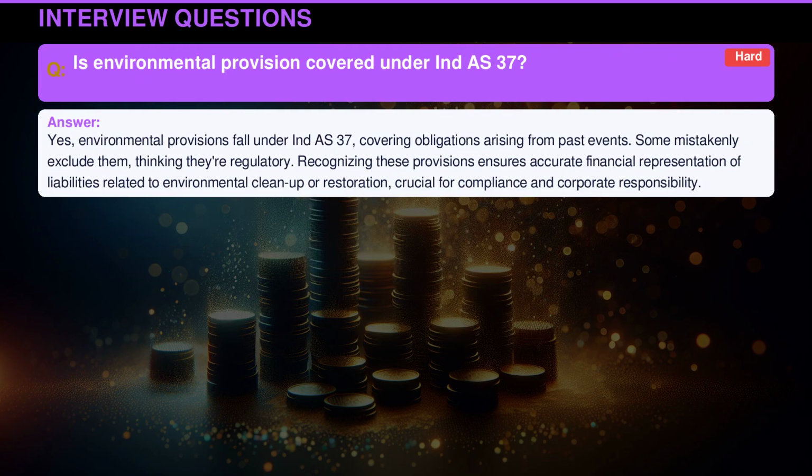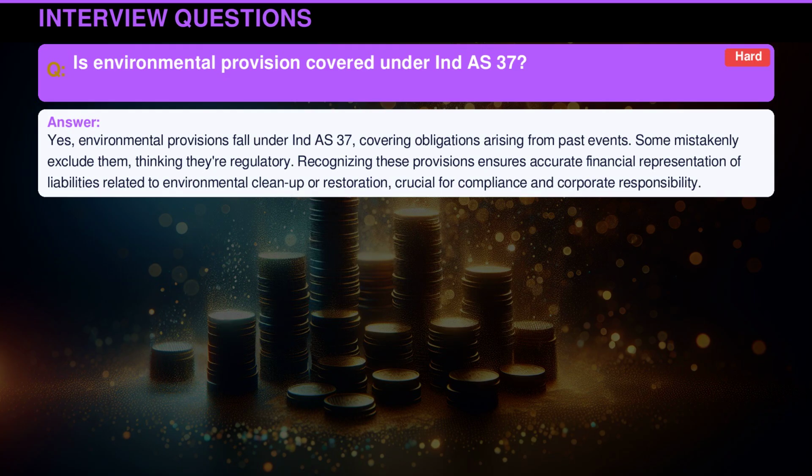Yes, environmental provisions fall under Indian Accounting Standard 37, covering obligations arising from past events. Some mistakenly exclude them, thinking they're regulatory. Recognizing these provisions ensures accurate financial representation of liabilities related to environmental cleanup or restoration, crucial for compliance and corporate